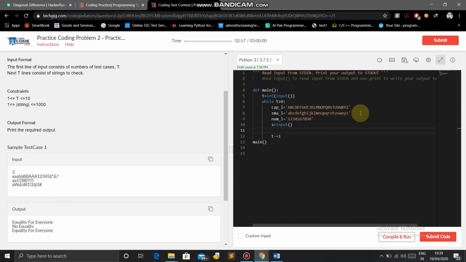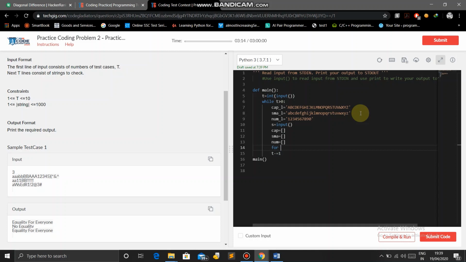So now let's create lists. We will create a list for the capital letters, a list for the small letters, and a list for the numbers.